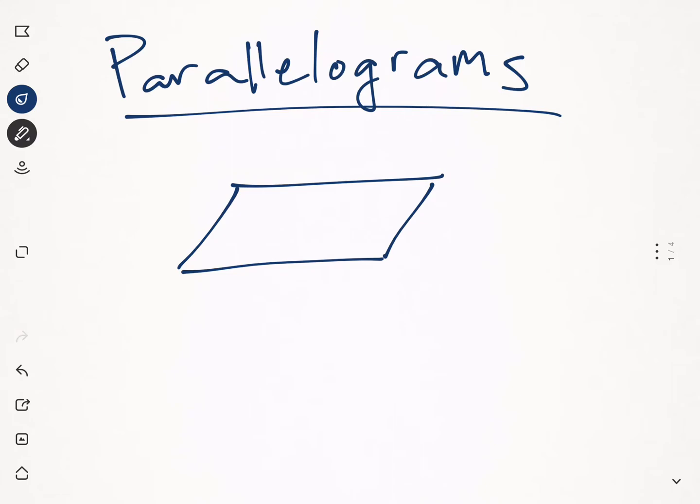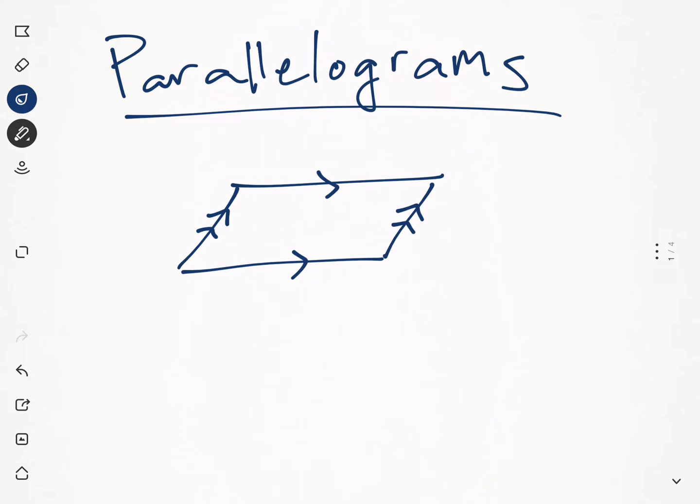If you recall from last week, a parallelogram is a quadrilateral. It has four sides and it has two pairs of parallel sides. So this top and the bottom, they are parallel to each other, and this left side is parallel to this